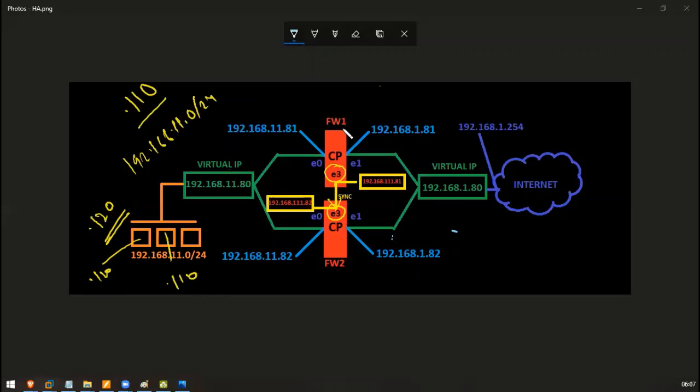I have installed the pre-configuration of these firewalls, which means I have given them the Ethernet 0 IPs so that I can complete the installation from the web UI. So let's jump into a Windows PC and open up the web UI so that we can configure the first time wizard.